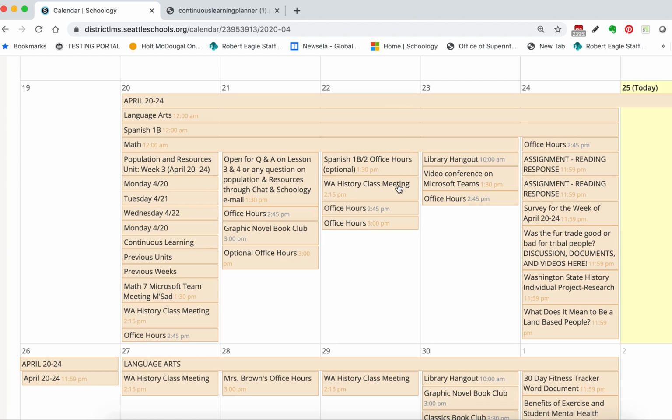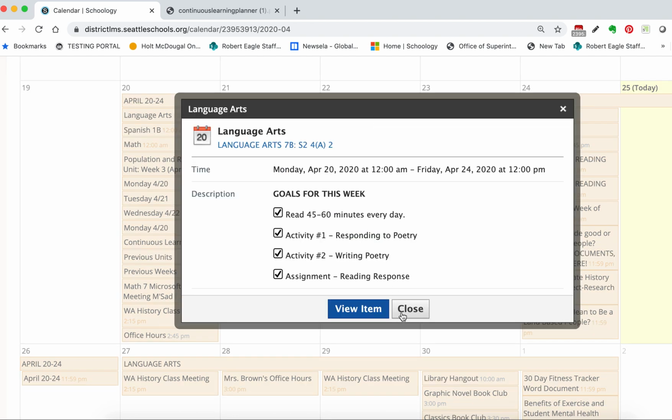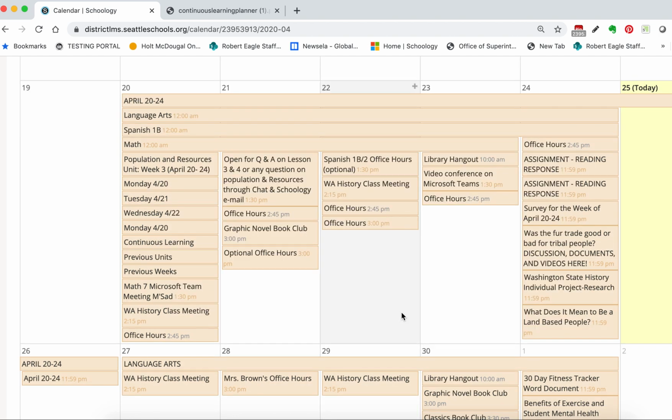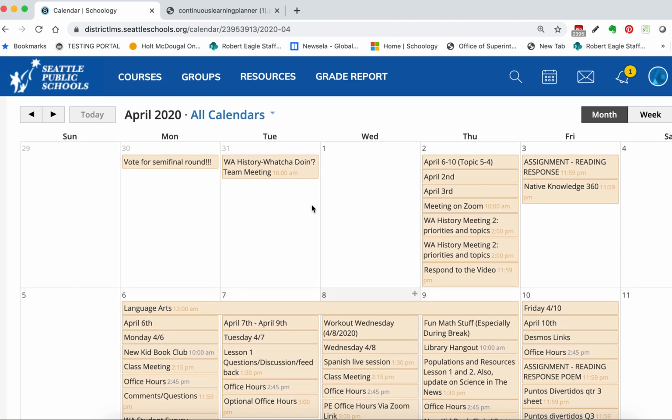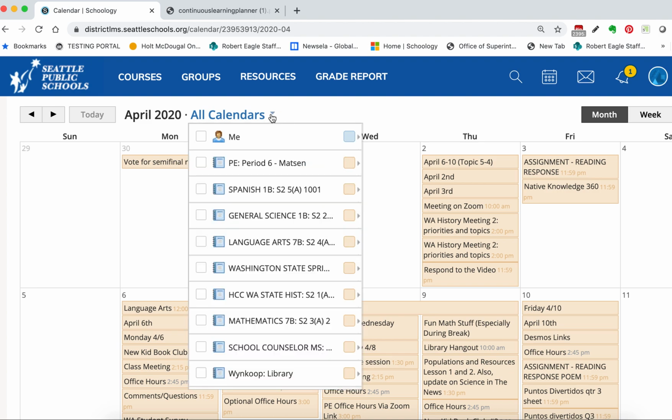If you click into the calendar, you could use the calendar as your checklist, or you could use the calendar to start from and write down each of the activities and assignments you need to get done that week. I want to show you quickly how to change your calendar a bit so that it's easier to understand. I'm going to have you come up, and I actually would love everyone to do this. Come up to the All Calendars